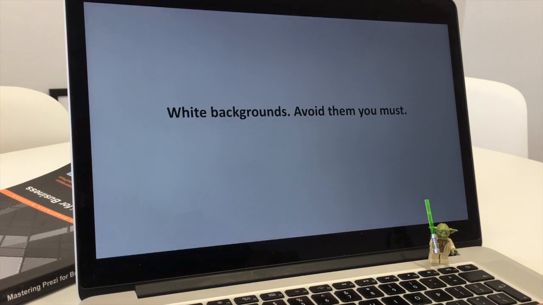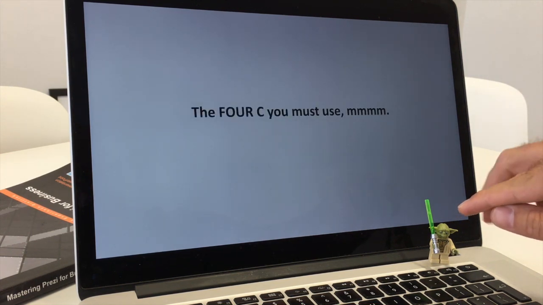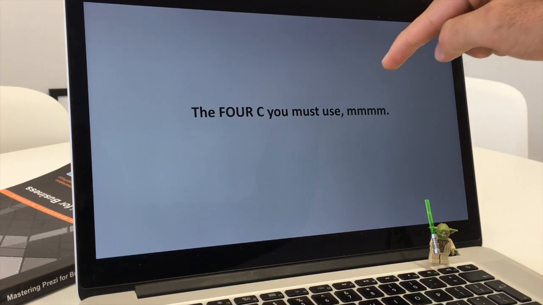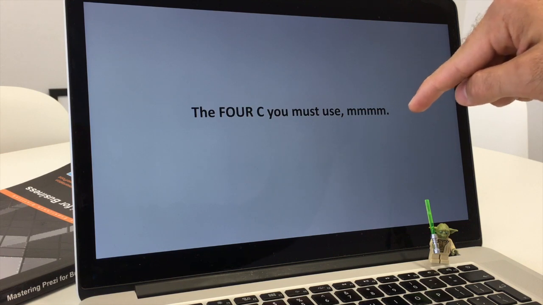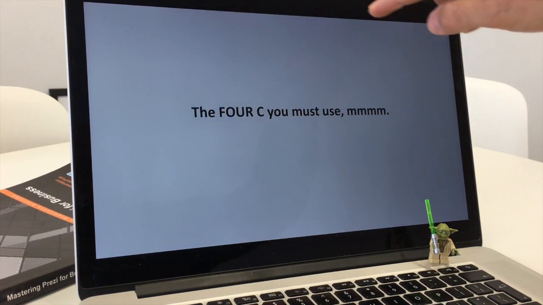I'm going to show you what happens, and I want you to be conscious here as to what's happening with your own eyes as you view this. So right now, we've got a white background. What we should be able to focus on at all times is our presenter and the key message. But right now, we have this big glaring space of white.